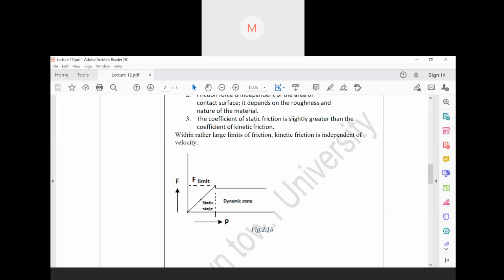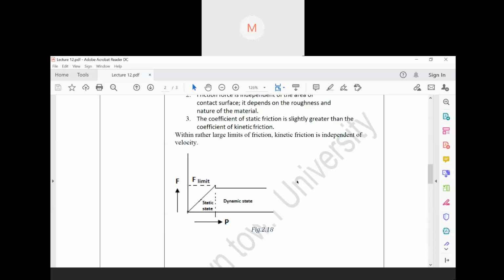Up to the static state, up to a limiting point, it will be directly proportional. That means the applied force and friction both will increase. If applied force increases, then the frictional force will also increase. But after a certain period, when the applied force is very high,